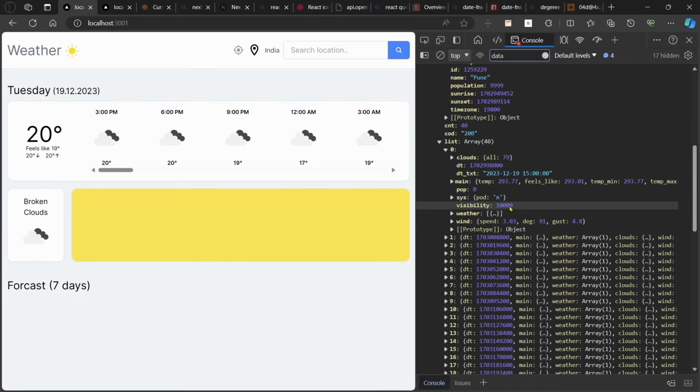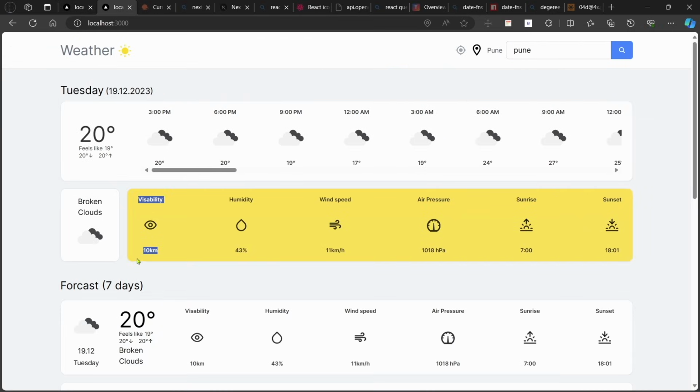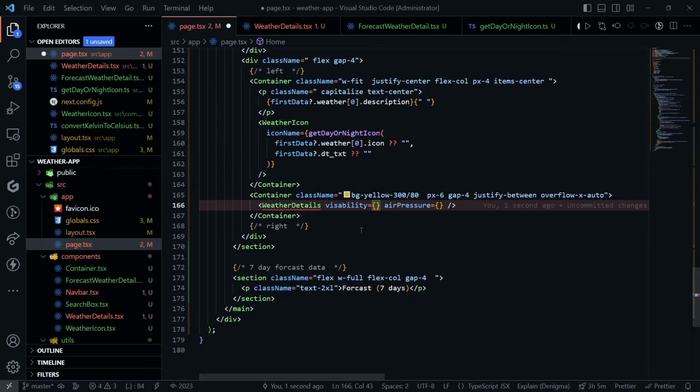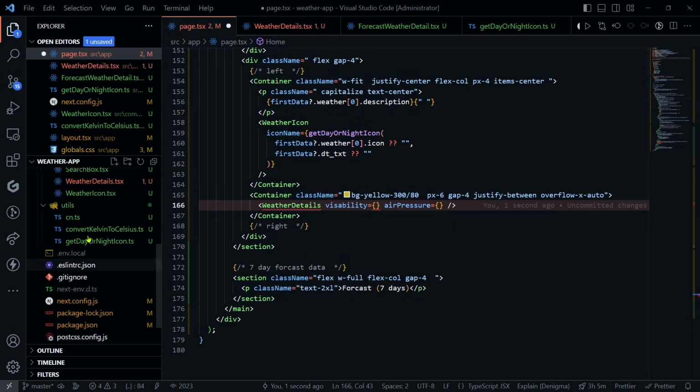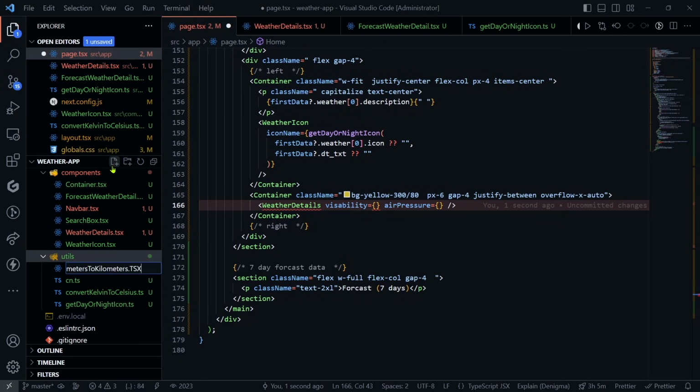So here, if you look at our data, we are getting it in meters, and if you look at the final output, we have to convert this data into kilometers. So for that, we will create another utility function, meters to kilometers. So let's go to the utility files, and here we will write